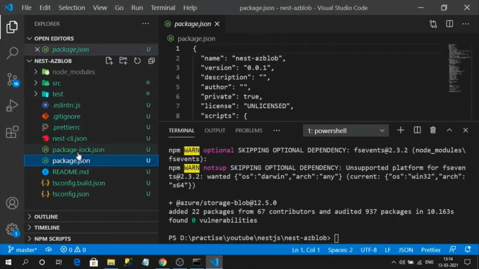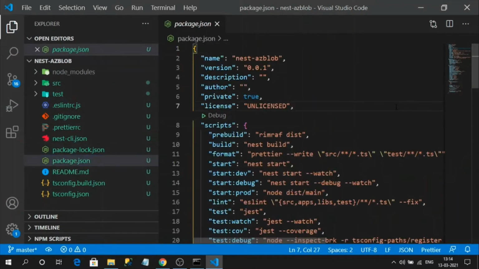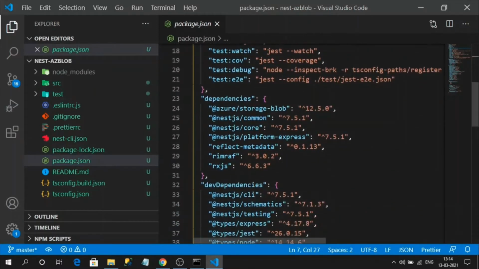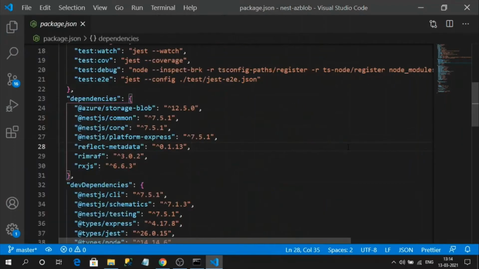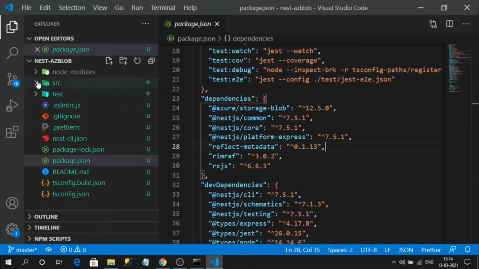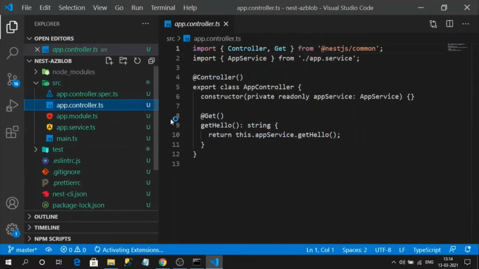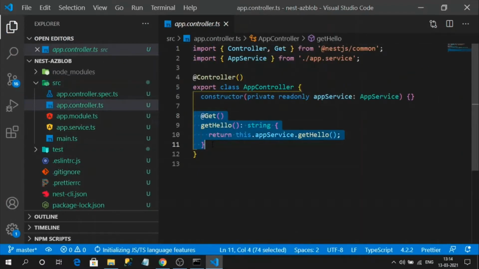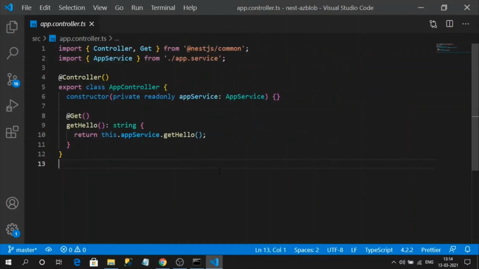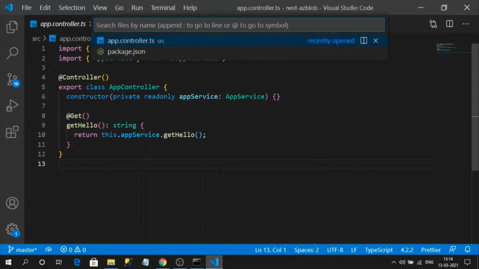Let's confirm it. Go through package.json, and in dependencies, here is the Azure Blob Storage library. That's good. And if you observe, by default we have a default controller and service and some basic setup with one endpoint returning a simple string. In this demo, I'm going to use the existing controller and service to implement all my file operations that communicate with Azure Blob Storage. So let's get rid of this, and in the app service,